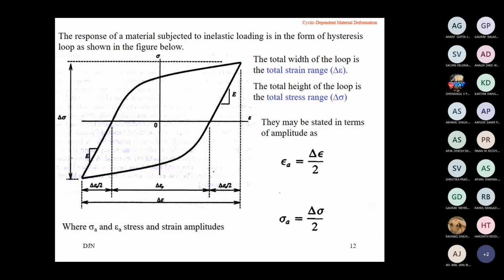So here we can observe a hysteresis loop. Now, how is this hysteresis loop obtained? First, you take an experimental specimen, the same way you take it in your strength of materials lab. Take a measured gauge length, standard size, hourglass shape experimental specimen.